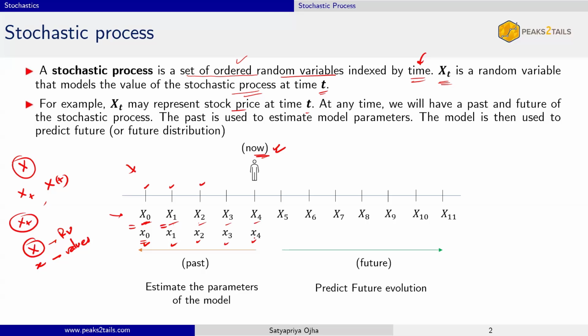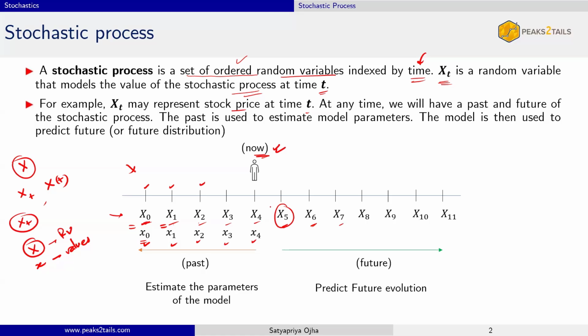You have the data points. There is no randomness in it. It is known. Everything is fully known until this particular point. Okay, so this is the past. Now, what happens in future at these different time points? T equal to 5, t equal to 6, t equal to 7, etc. x5, which is the next value of the stock price.